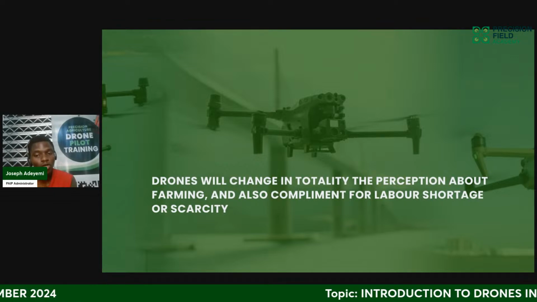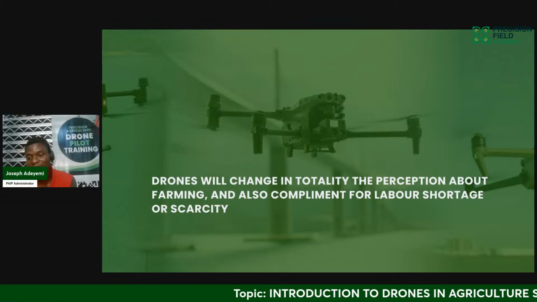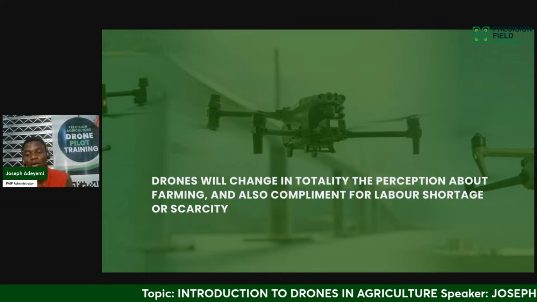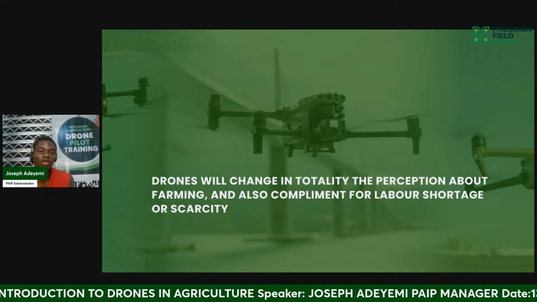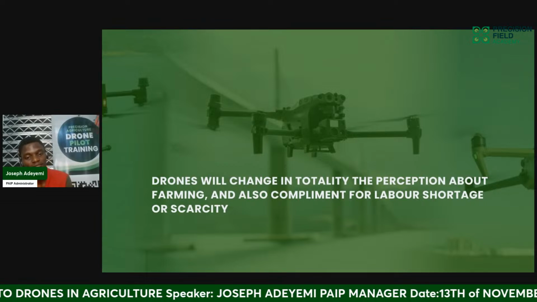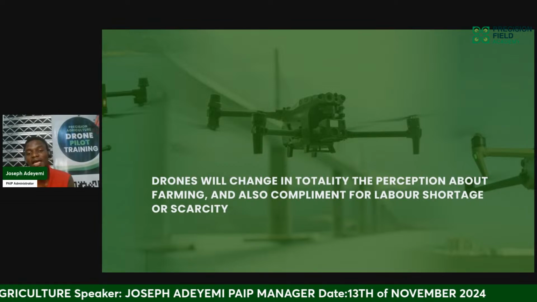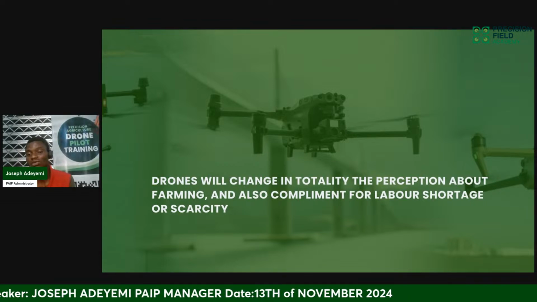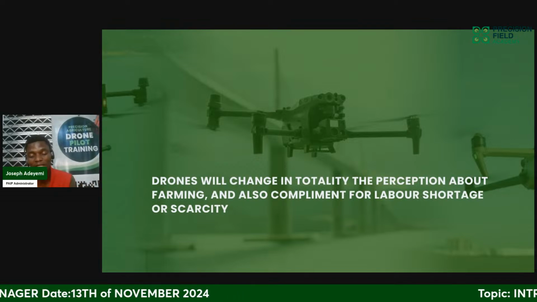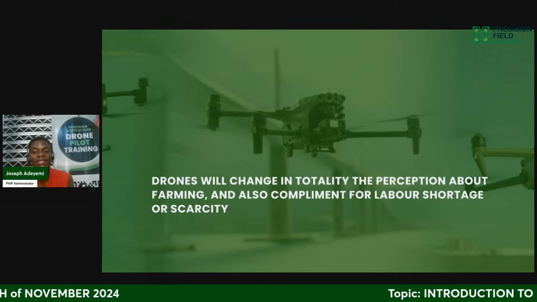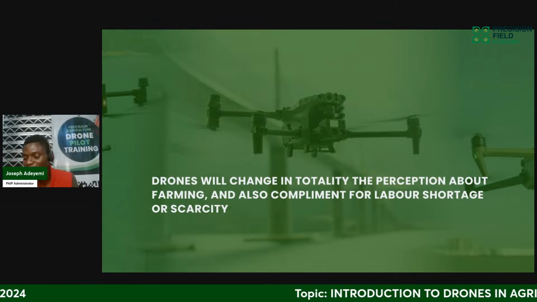Also, drones will change in totality the perception about farming and also complement for labor shortage or scarcity. Yes, this is one of the key takeaways for you in this class, that drones will change the totality of perception people have about farming and also complement for labor shortage or scarcity.